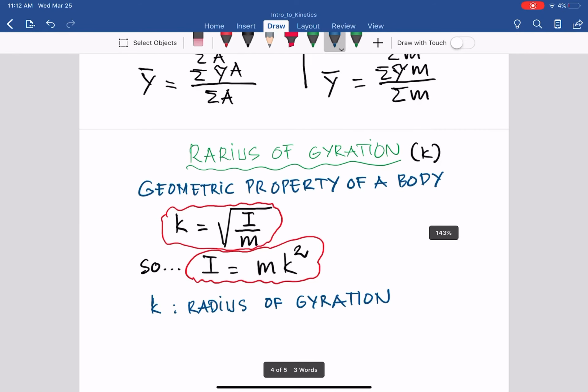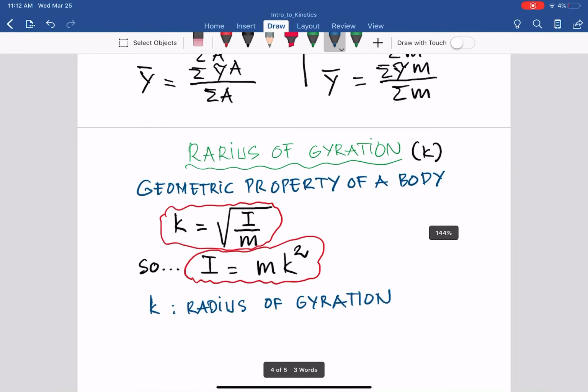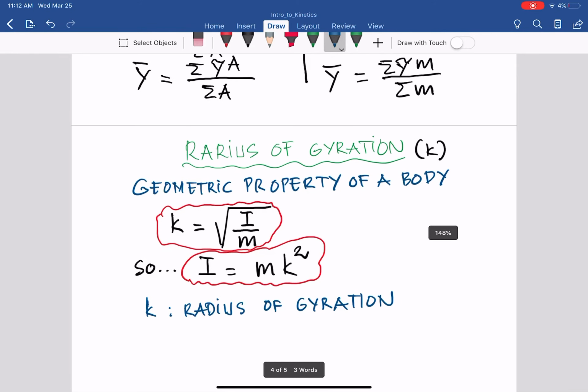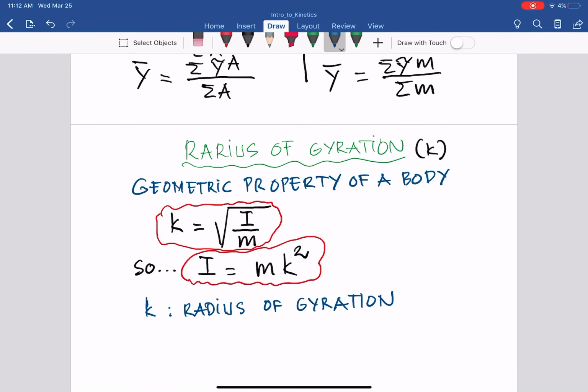We don't have that here, but when you apply force acceleration, work energy and impulse momentum in the next 9 classes, you will see the radius of gyration. So by now, remember what the radius of gyration is and apply that in the next class. With that, let's move on to the solution of the